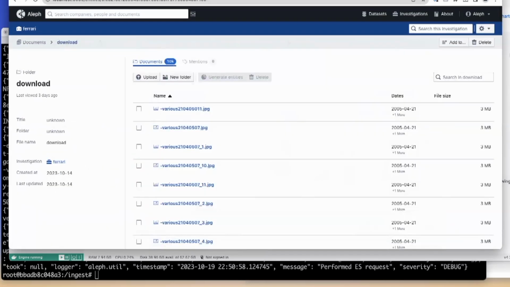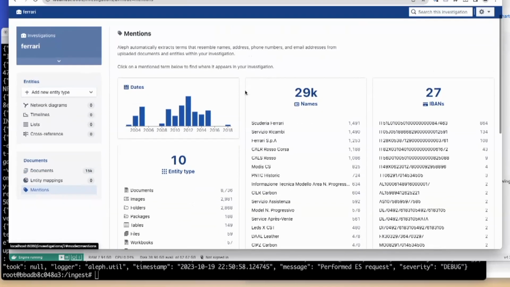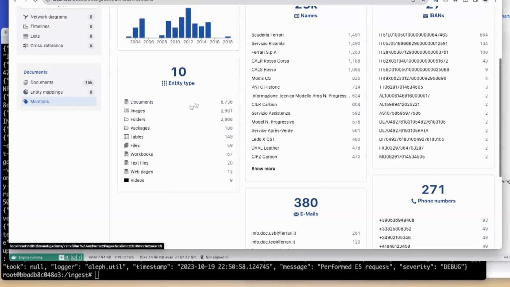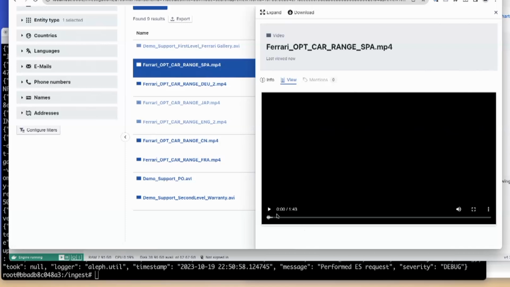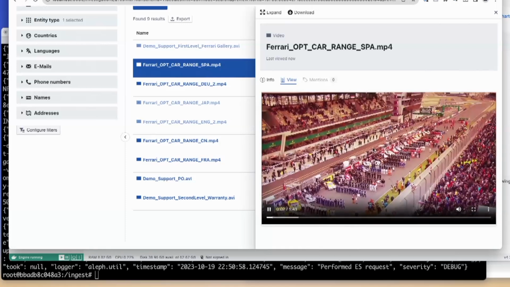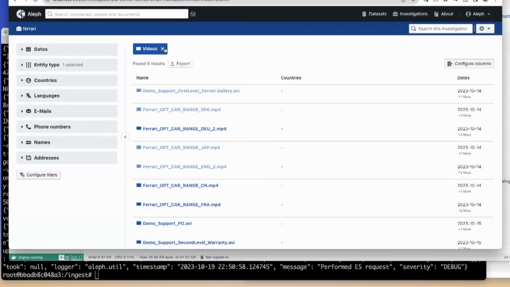So they're not that sensitive. But let's look at our entity extraction. This is natively what Aleph has done. So all I did was load this ransomware data set into this tool. I did no entity mapping. I did no manual parsing or anything. This is what I've got. So if you're looking at a data set, this gives you quick awareness. Like, a video. Okay, what is this? You can literally just, okay, cool, a guy getting into a Ferrari, awesome. And for ransomware data sets, this can get really brutal. This can be call recordings or internal documents and training.